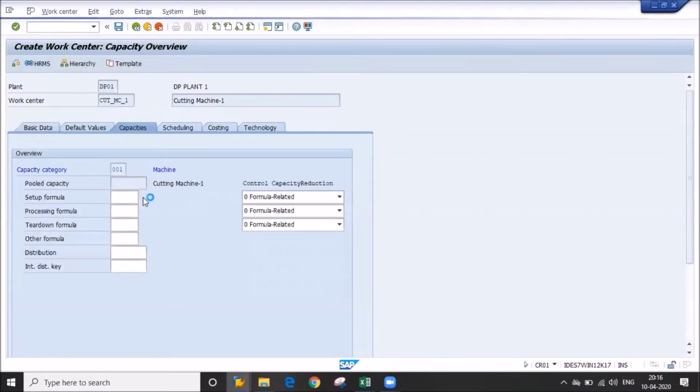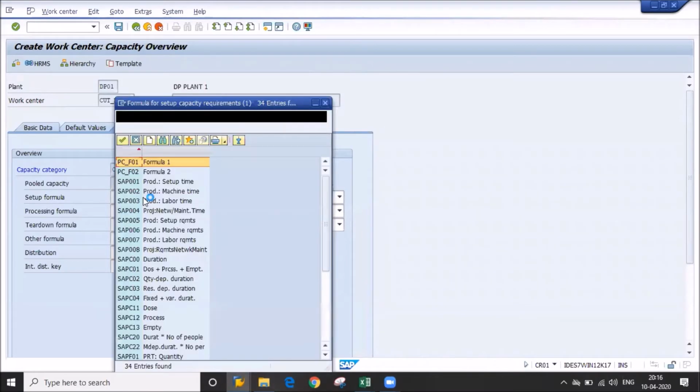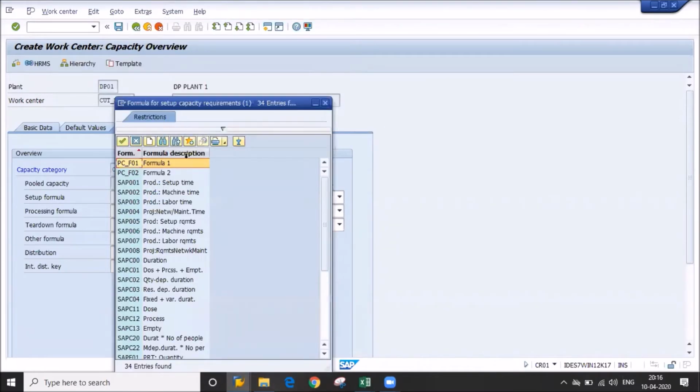And setup formula. Setup formula means that is a setup time, that is the setup time requirements.